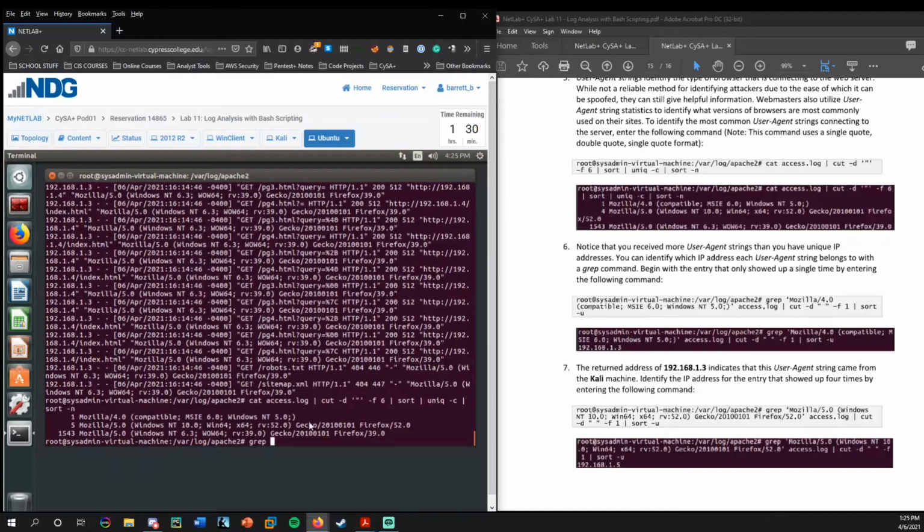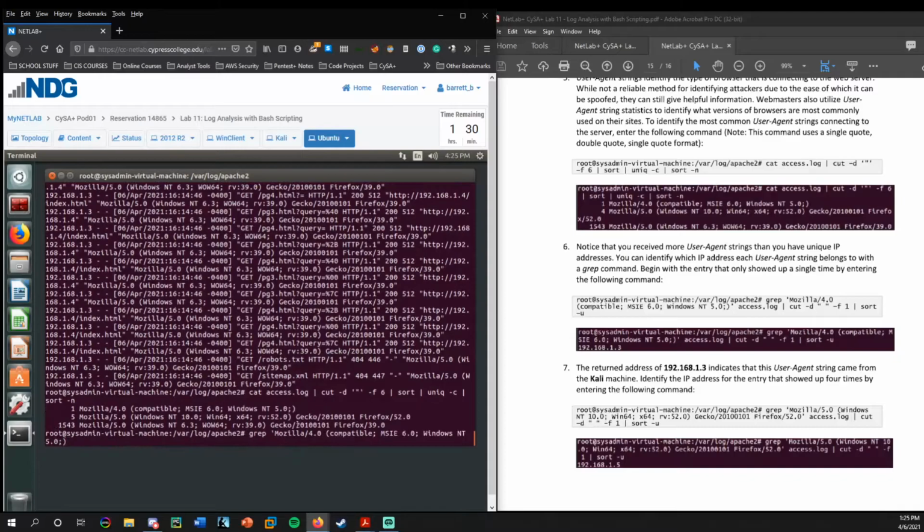So let's start with grep, and feel free to copy and paste. So we're looking for, and we need to put this within single quotes, we're looking for this start one here. I'll keep following along with the lab. Okay, so I'm going to right click, copy, and then I'm going to go ahead and paste, right click, paste. I found on these NetLabs that's the easiest way to do an easy copy paste. Okay, so now we're grepping for that